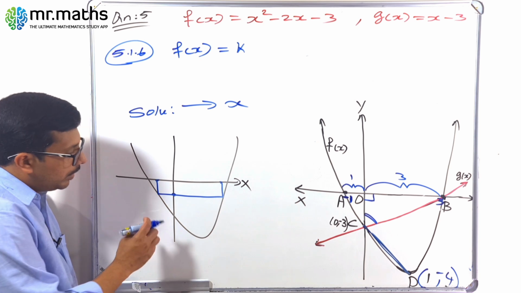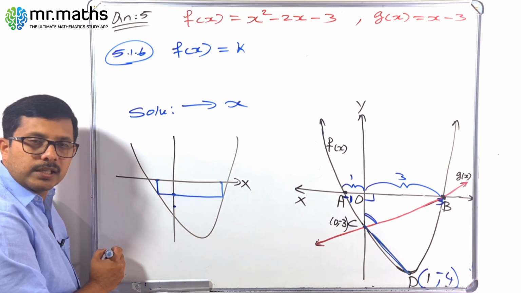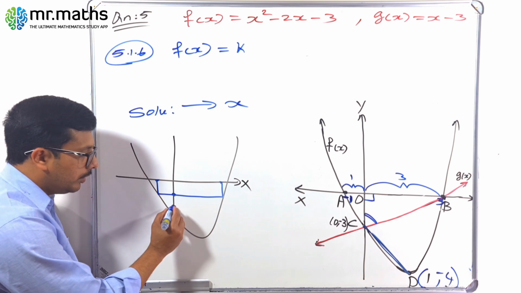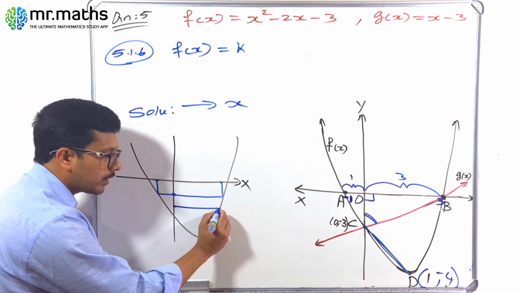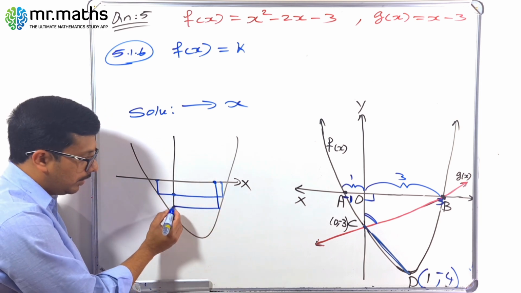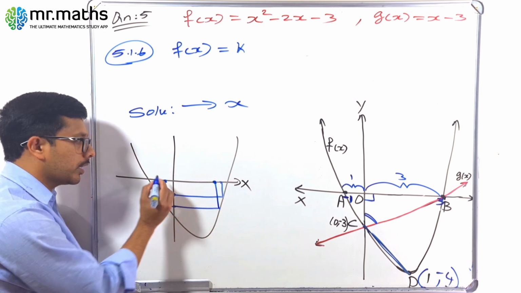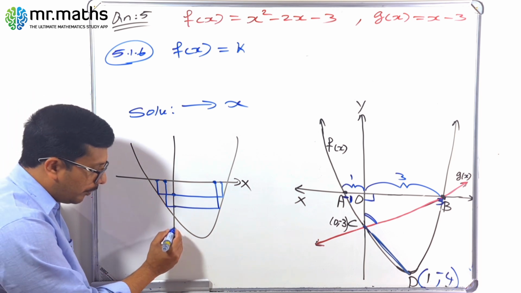But if I take a point here, how many solutions will I get? There also I will get two x values. Solution means x value, one positive x value, then another negative x value. Do you understand? But if I take a point here,